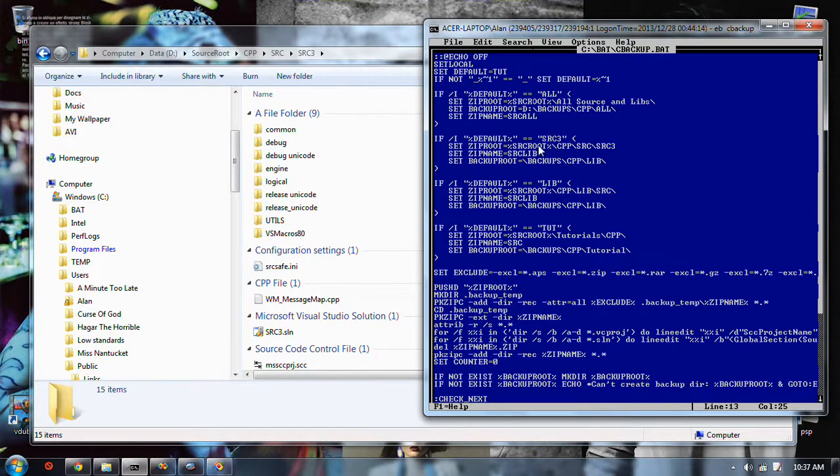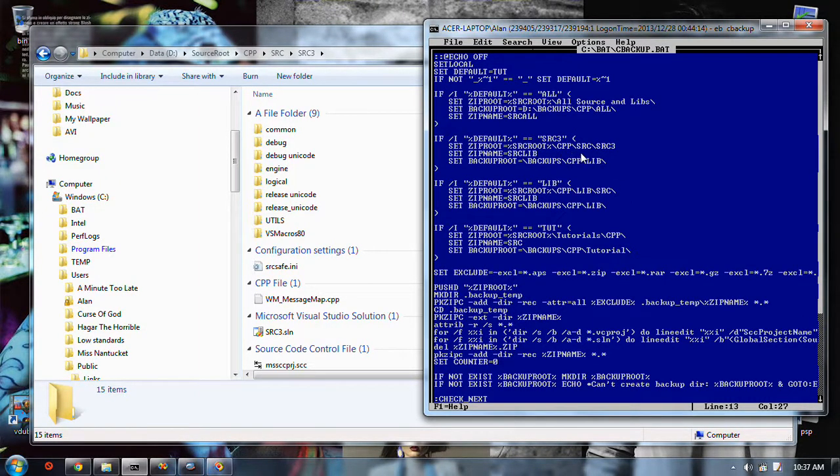Source 3 is the source root. See, I thought I was going to originally have more than C++ as the various kinds of flavors of source code that one might be interested in. Like there could be assembler and Java and HTML and all that sort of thing.